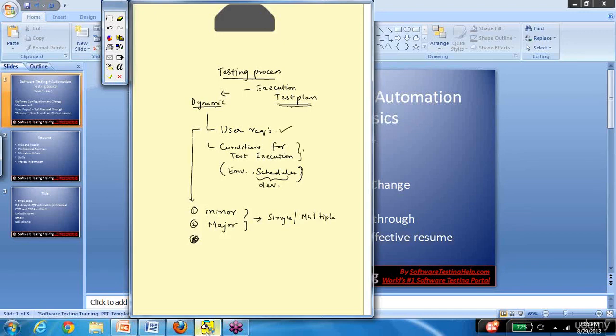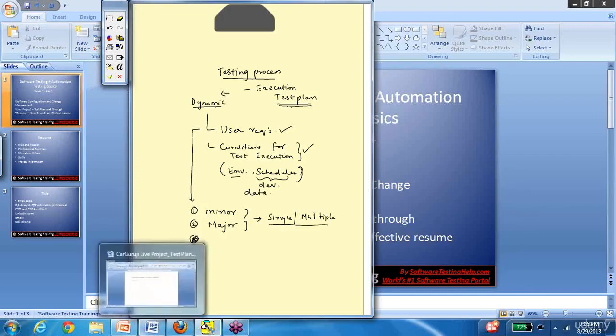The conditions around the execution of test cases might change, that means the test execution parameters might differ. This difference could be in terms of the environment, schedules, data or anything else. When the user requirements change, it could be a minor or a major change, one change or more than one change.